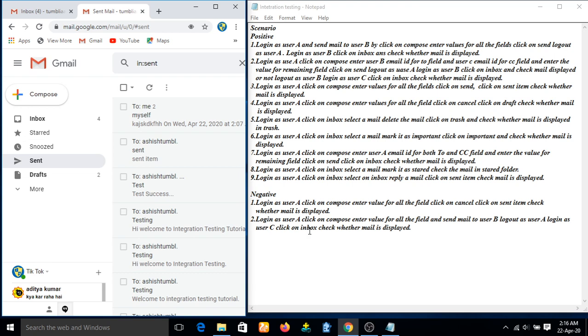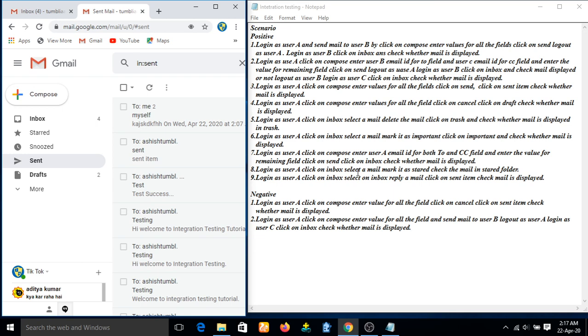Next is login as user A. Click on compose, enter values for all the fields and send mail to user B. Log out as user A, log in as user C. Click on inbox, check whether mail is displayed. This is not possible, you know that, guys, but you have to test it, right? Suppose there is an error or defect in the code, okay?